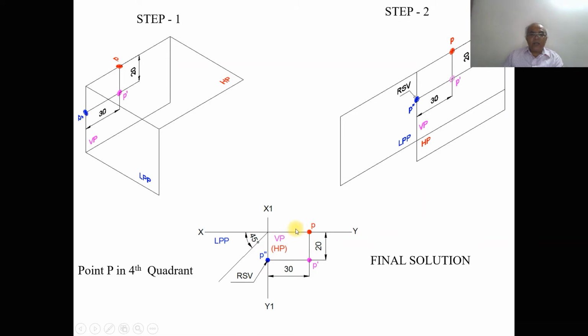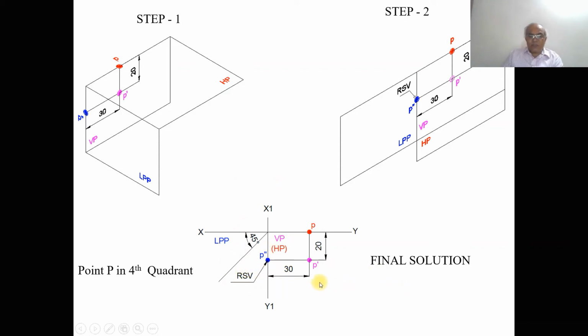So then draw a horizontal projector from P, so it will come here, and then draw a vertical projector from the origin, and draw a horizontal projector from P dash, where you have the front view. On that line you are going to get the side view, so you are going to get this P double dash. The view that you are going to get is the right side view.